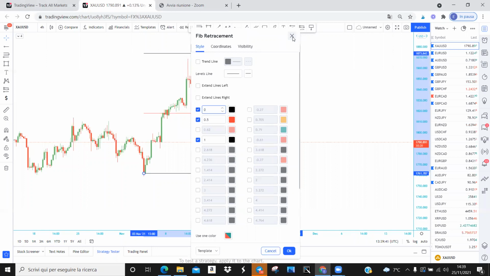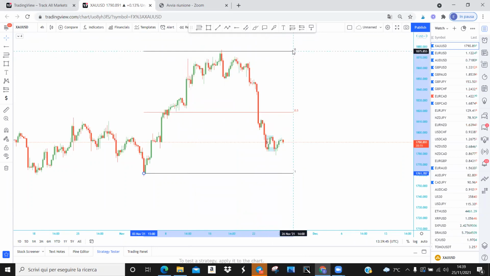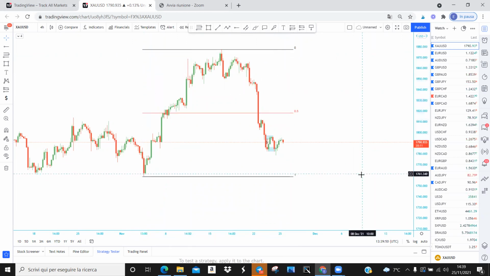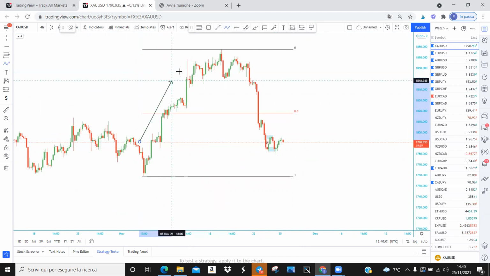Now, the 0.5 Fib is used for a different purpose. And first of all, we need to draw it from the wicks. This Fib is used to understand if we are in a discounted or premium area in the chart. What does it mean? It means that, for example, in this chart, we have this push to the upside, and this push to the upside has a discounted and premium area. In this case, this is the discounted area, so below the 0.5 is discounted,